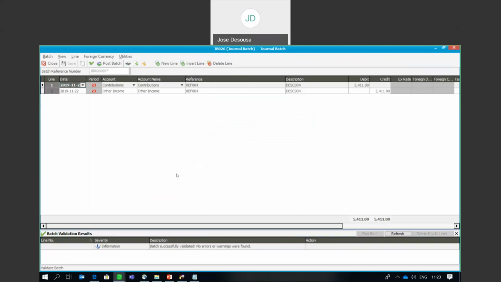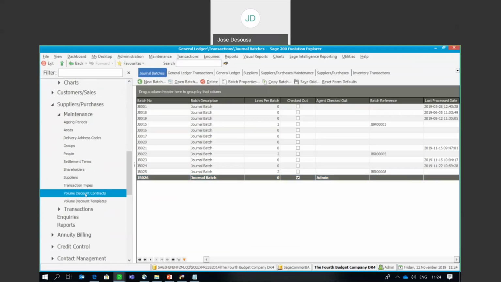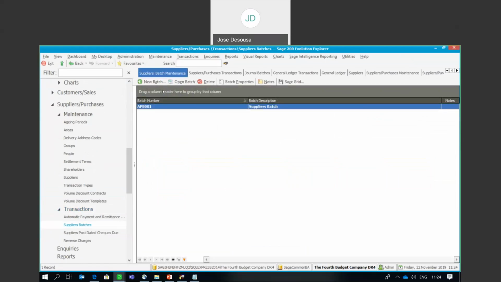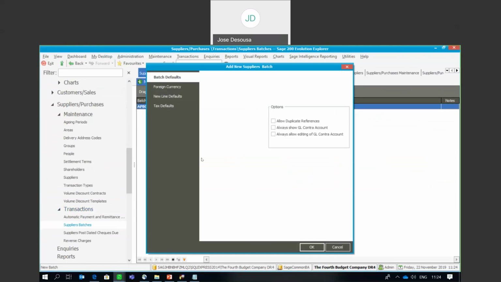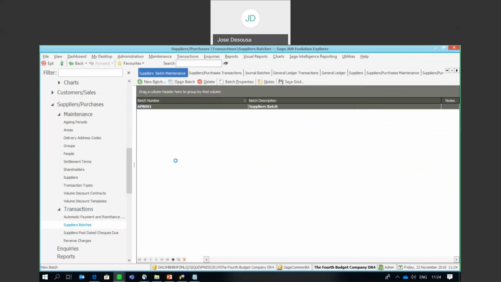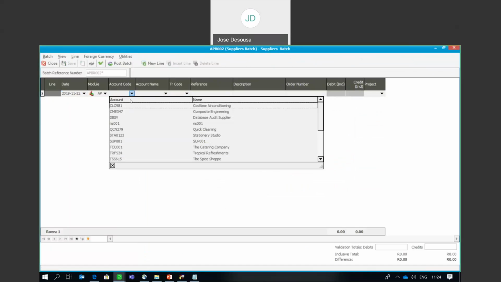However, we can also import AP and AR batches. And I'm going to go now to my suppliers, transactions. And let's just go through to our supplier batches. Right, so once again, I'm going to open up a new batch and create a one-line template, which I'm going to be using. And it's simply a case of your account code,